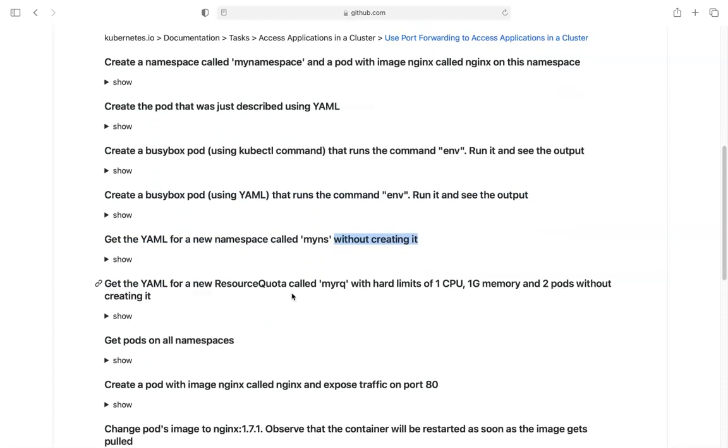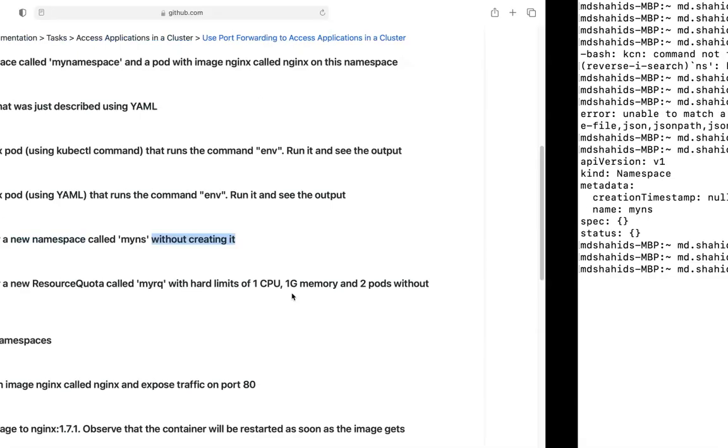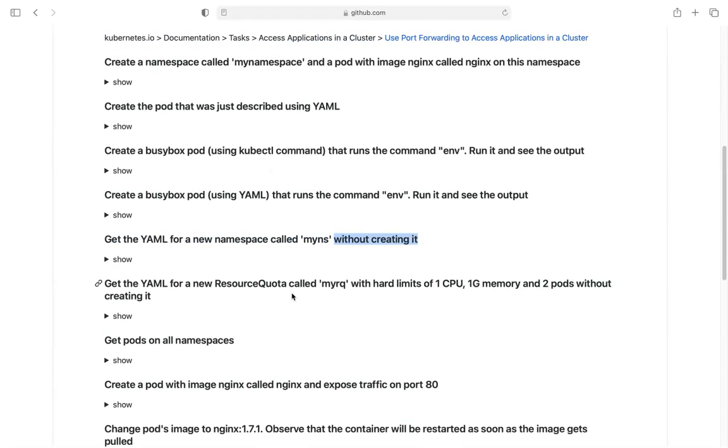So get the YAML for resource quota called myrq with hard limits of 1 CPU, 1 gig memory, and 2 pods without creating it. So we can do that. Basically we have something called kubectl create quota, and it mentions some hard limits. CPU is 1, memory is 1 gig, and pods it says 2, replicas I believe 2,